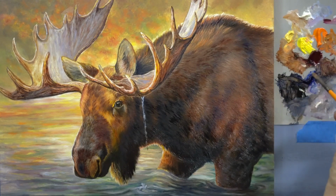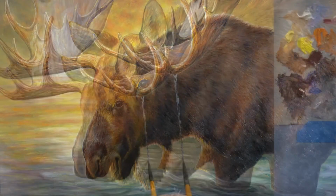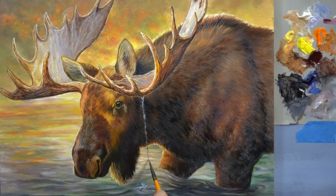Grab a little bit of ultramarine blue with a touch of crimson and some white. Pulling that around, grabbing my shadow colors so that they will show against that light background. And pushing that brush up into the white a little more so that I can get some light on those drips. Now I've got some water splashing at the bottom there, and I noticed that I didn't hit my mark,